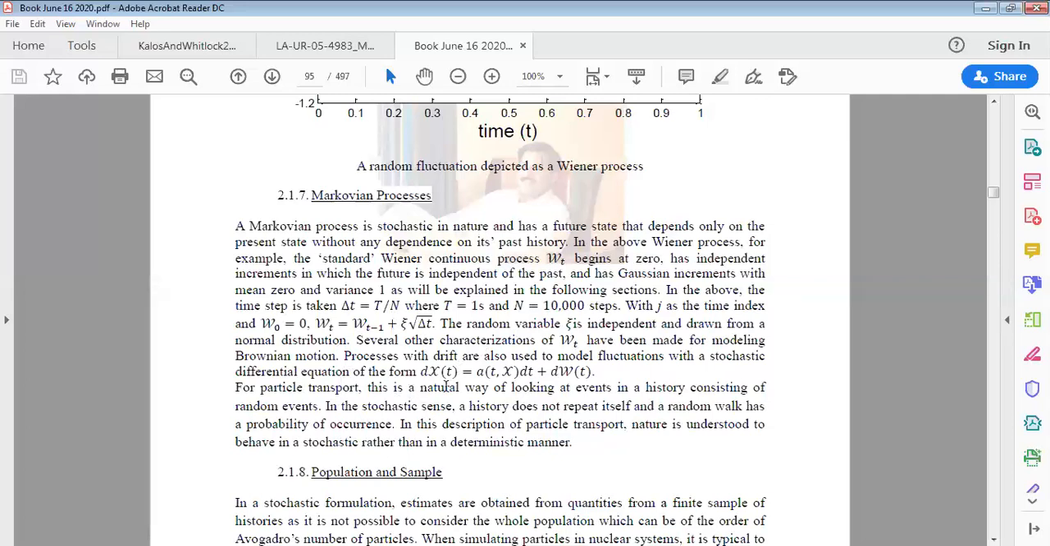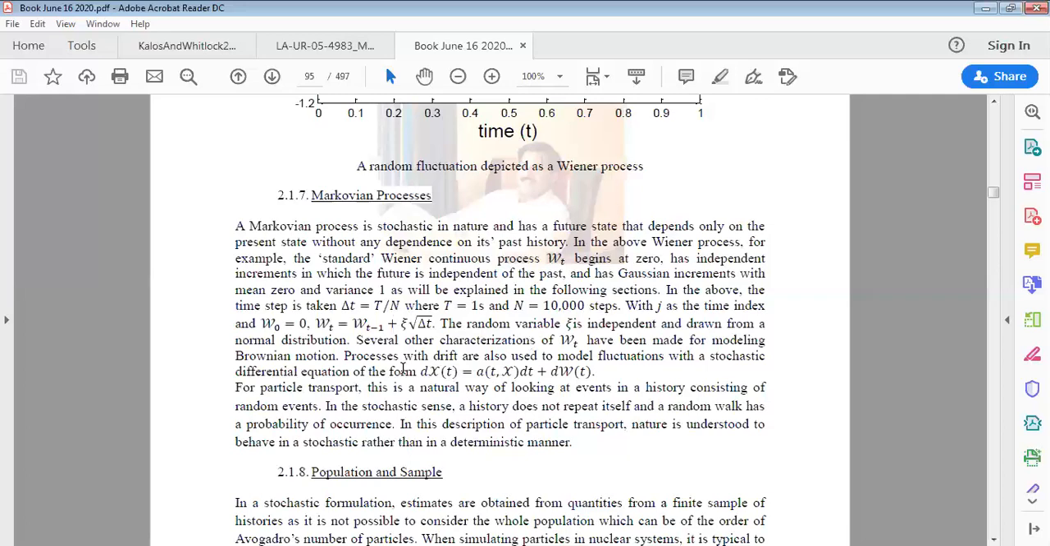So let's look at this as a fancy x. So dxt is a tx evolves with time dt plus a Wiener process. Now this is what I meant by a random process, a stochastic process. Okay, so